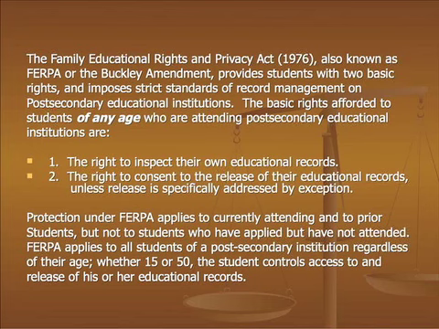So what does that mean for us at a community college? It means that basically any student, regardless of their age, has the right to control the release of their own educational records. It means that you, as an instructor, as a tutor, as a staff member, have to be aware that the student has the right to control their educational records and who that information is released to. That can also affect your discussing educational record information with a student when they're right in front of you with a group of friends. Not always the best thing to do. You may want to ask a student to step aside.